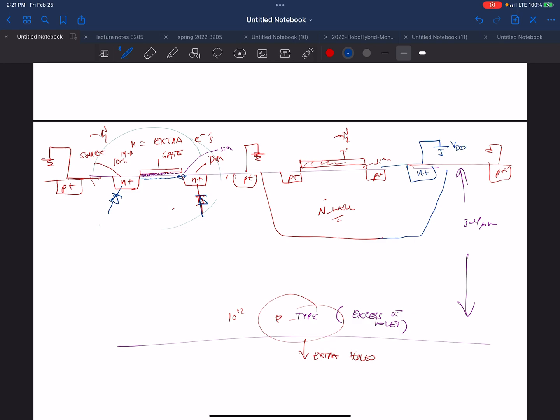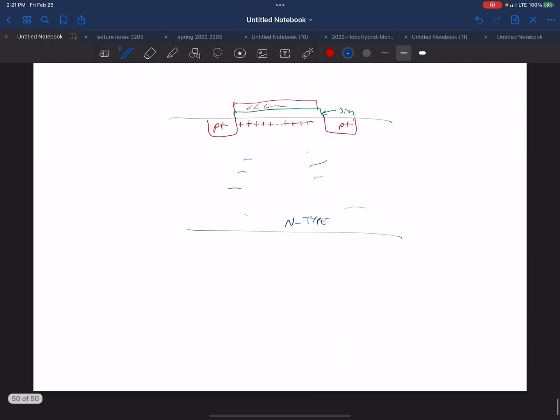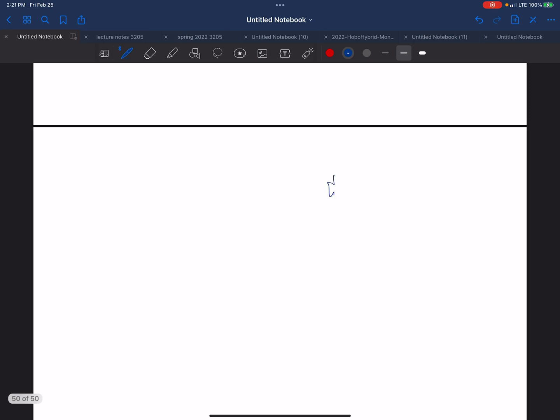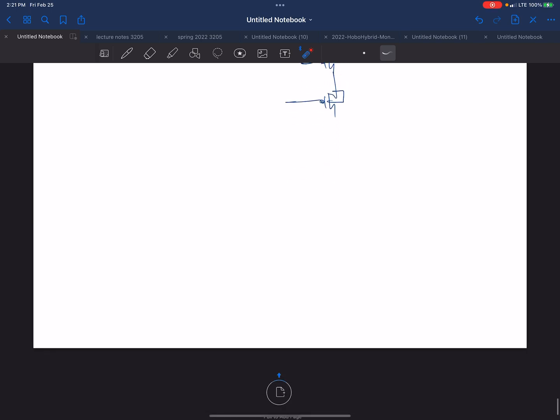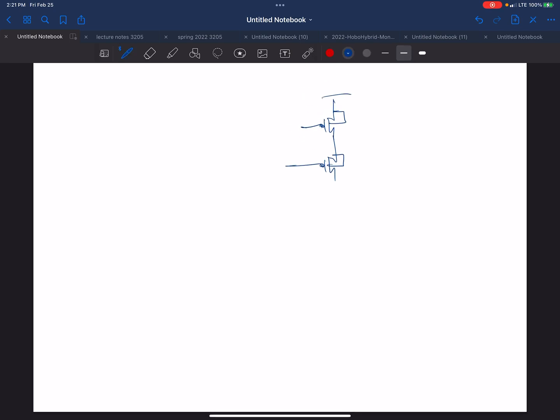Okay, so a couple of things. One is, theoretically, if you had two P MOSFETs, theoretically you could put this one in, even in a chip design process, you could do that. Why? Because you could put them in different wells. The NMOS, you have no choice, there's no wells. They're all sitting on the same substrate. But you could put this guy in a different well than that guy and connect them up differently. You see where I'm going with that? Like you could have a situation where you have